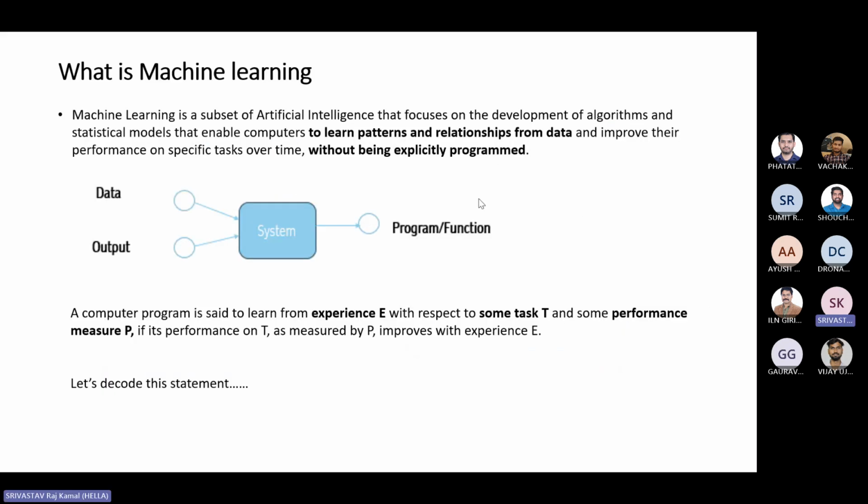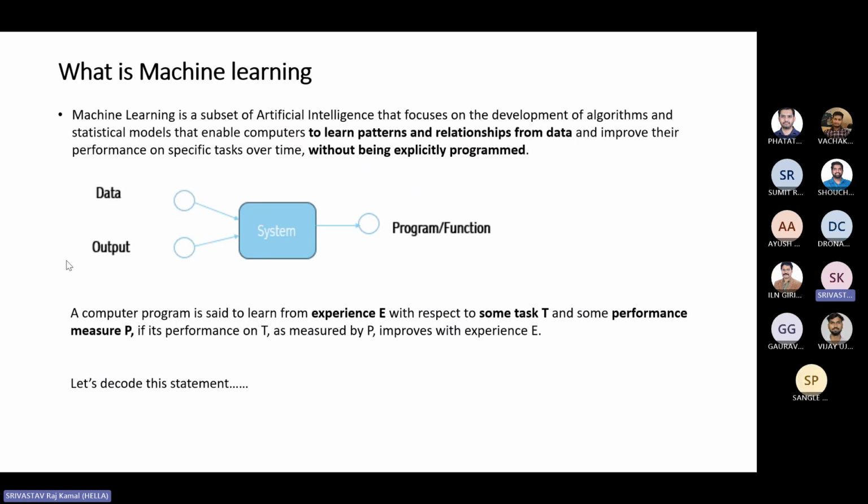Okay, so we will reiterate where we finished, the right part of our chart comparing the traditional approach and machine learning. Machine learning, again, is a subset of artificial intelligence that focuses on the development of algorithms and statistical models that help us learn patterns and the relationships among the data. So relationships among the data, the features, variables. Things are already sorted now. You know that when I say data, I mean a data point where we have the features, variables, and we have the output, for example, the prices, and without being explicitly programmed. This word is very important here.